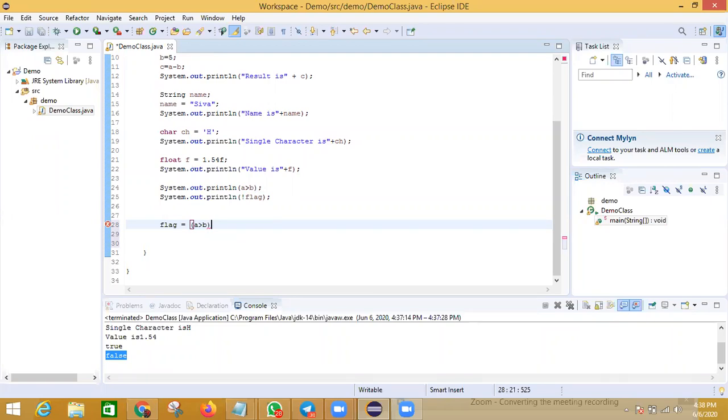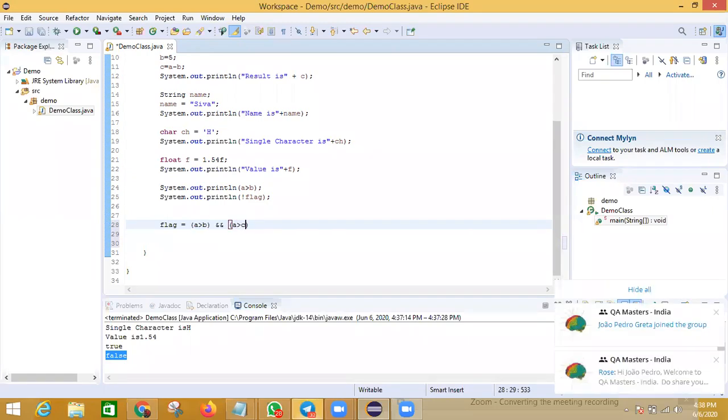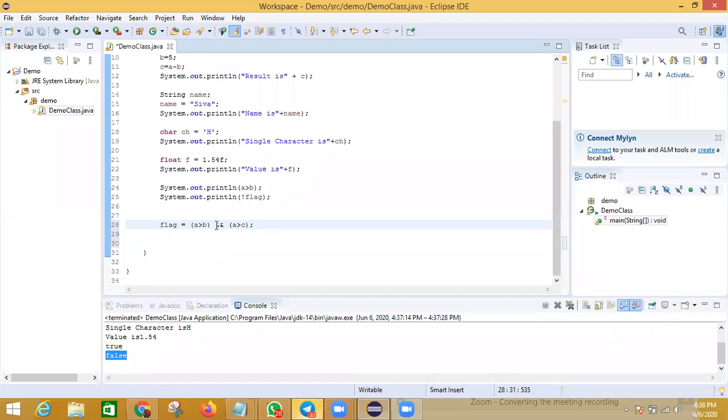If you want both conditions to be true, I can write a greater than b and a greater than c. When you use the AND operator, both conditions must be true, then only the flag will be true.